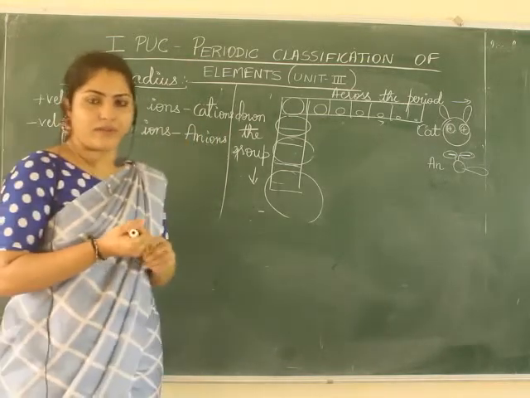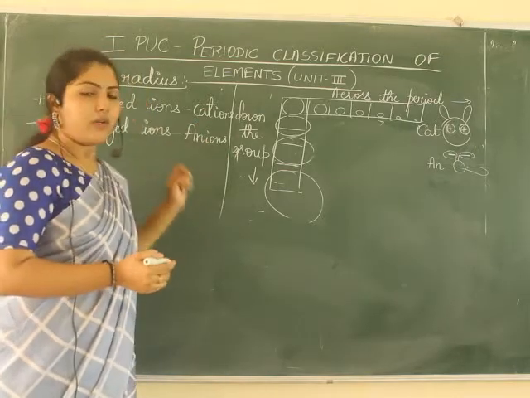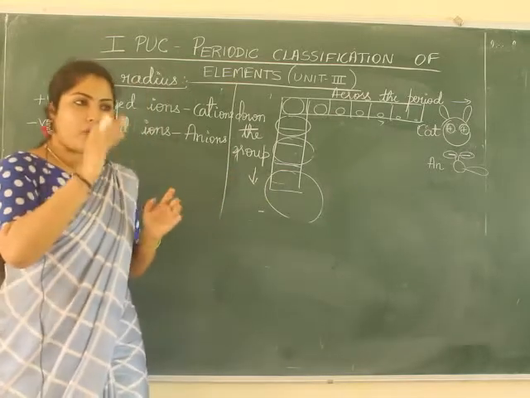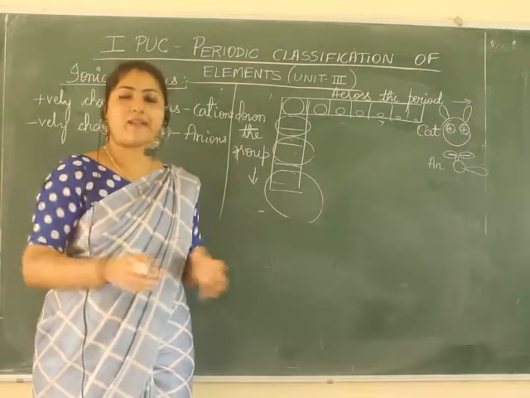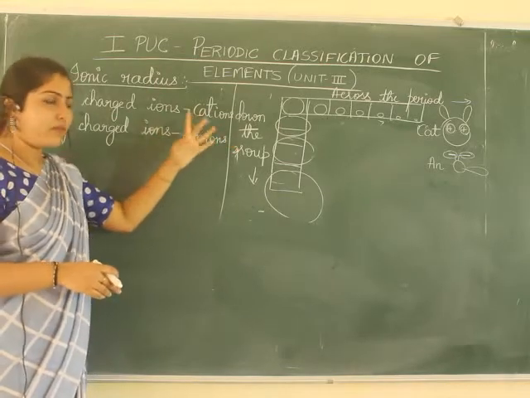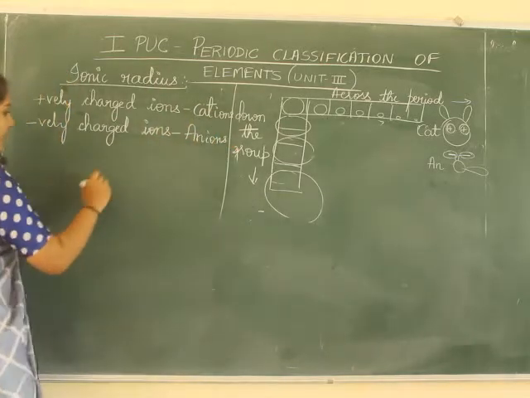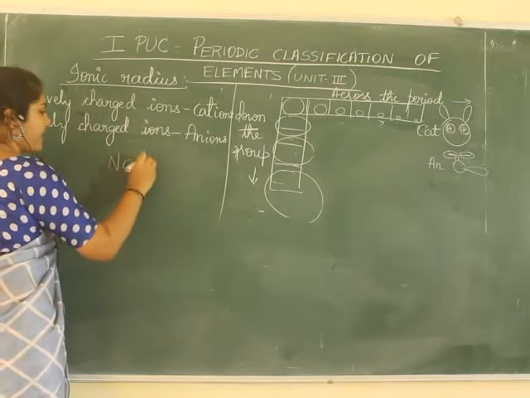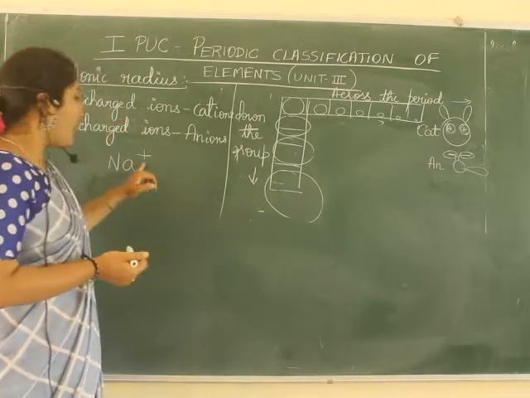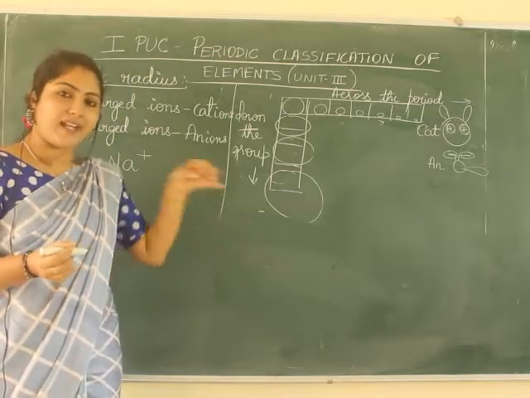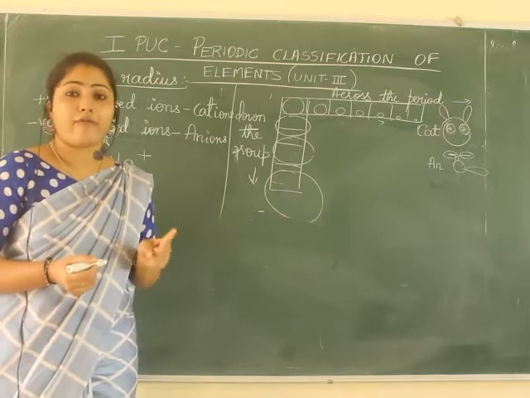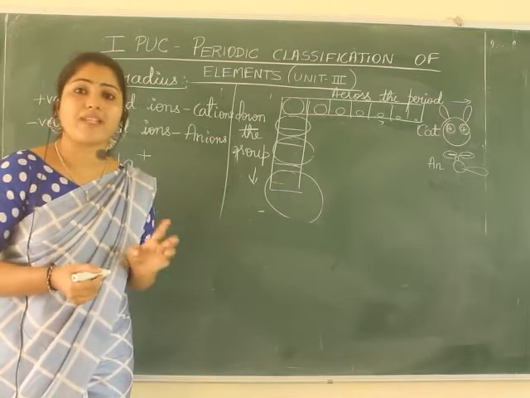Now you know about this. Now when do you get a cation? When do you get an anion? Now we have a picture of atom. Atom means all positive charge at the center and electrons surrounding them. When do you get a positively charged ion? For example, say we got Na+. Is it a cation or anion? It's a cation, yes? How do you get a cation? If you remove an electron, you get a cation.